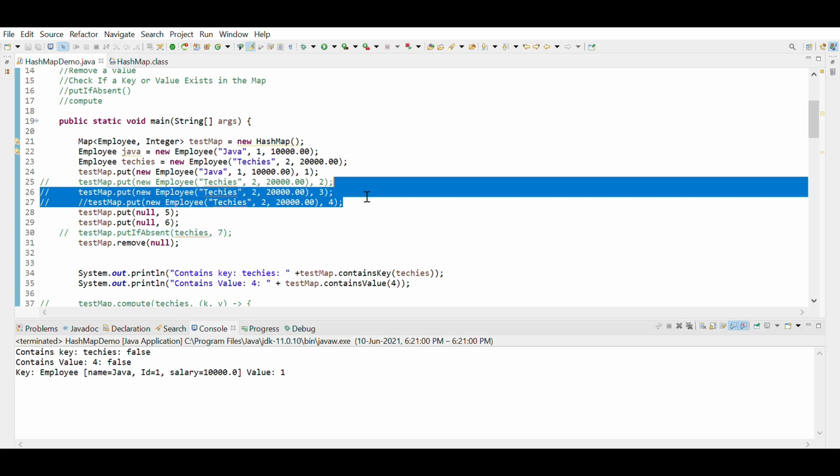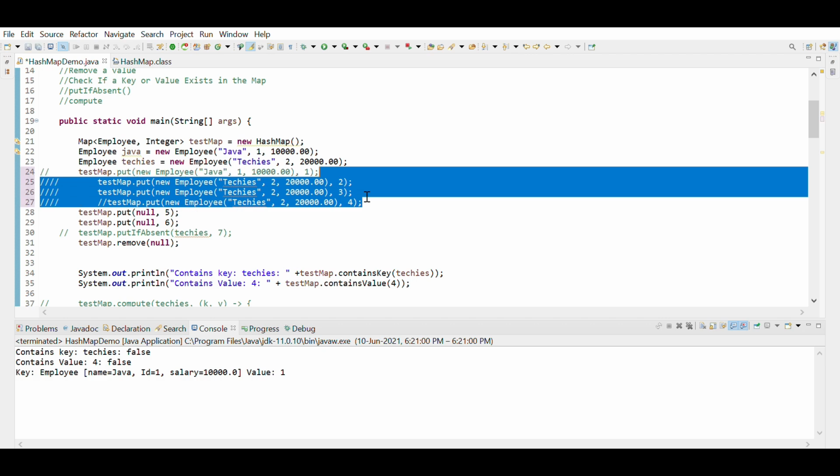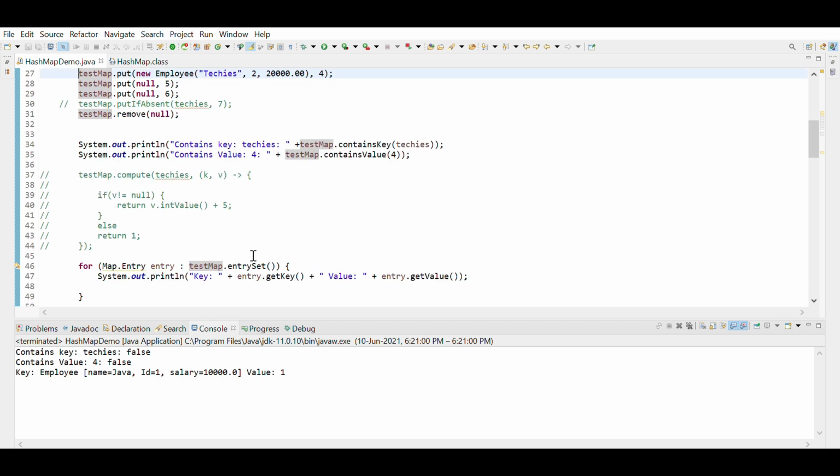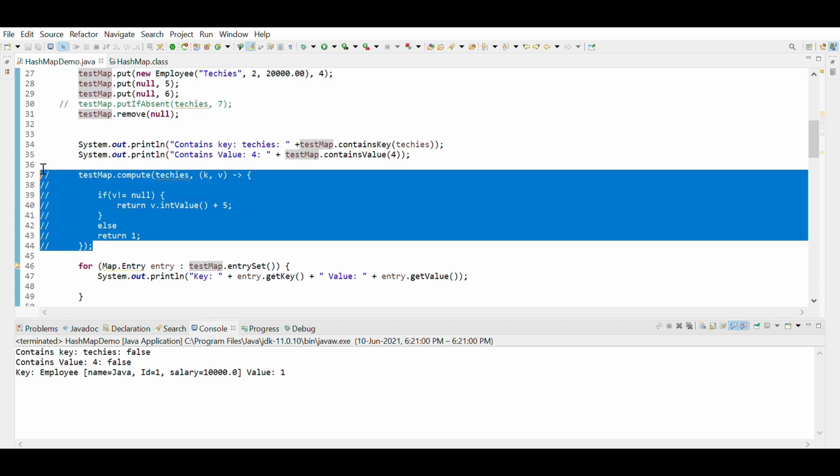Now let's just see the compute part as well. Okay, so this is my compute method that I have written.